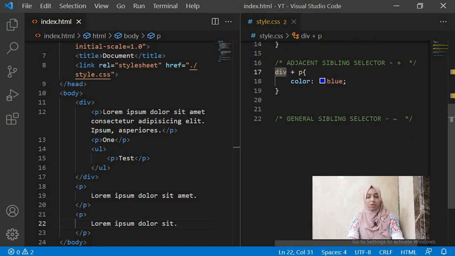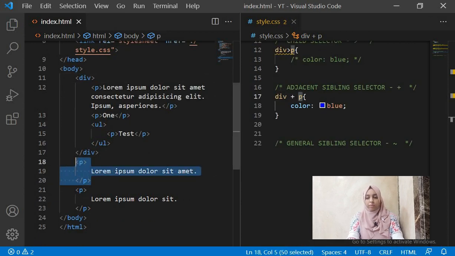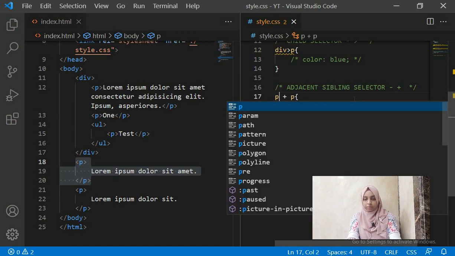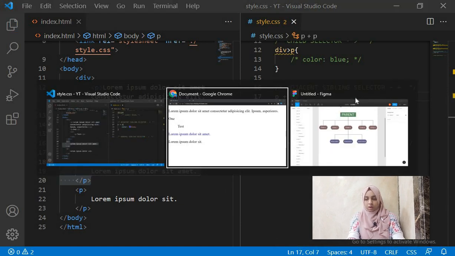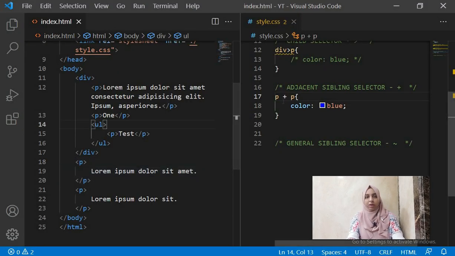This is because we are using the adjacent sibling selector, which means that it will select the element which is just next or adjacent to your div element. Now you can use any other element. If you want to select an element adjacent to a paragraph, it will search for the paragraph element first.